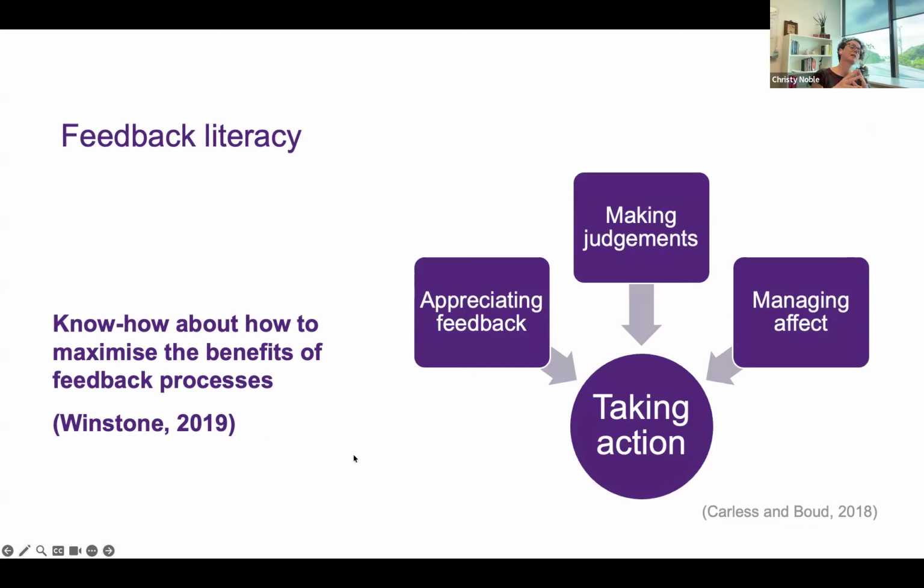Okay. So what feedback literacy means is that we're not natural. The term came out in 2018, and the argument is that we're not all feedback naturals. We don't naturally gain feedback information, take it on board, and move forward in a productive way. We have wobbles, and there are skills that we can develop to enhance the way in which we engage with feedback.